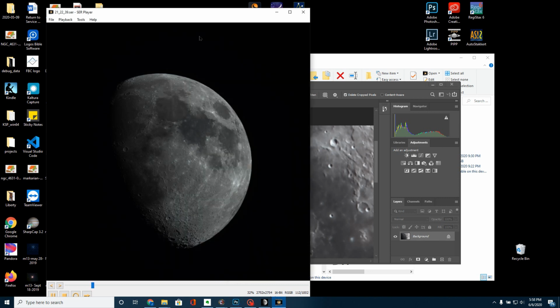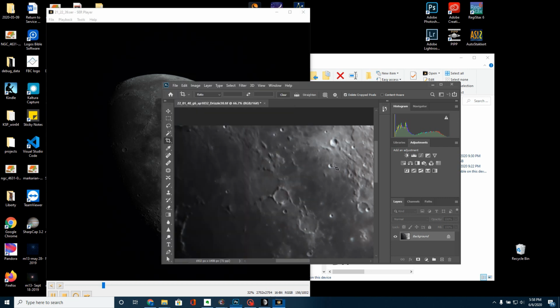I have an Orion ED ADT. And when I normally would shoot the moon, this is what I get. This is sort of at my native focal length. I'm going to get basically the full moon in my picture, which is kind of cool, but it doesn't really let me zoom in on some of the very small detailed areas